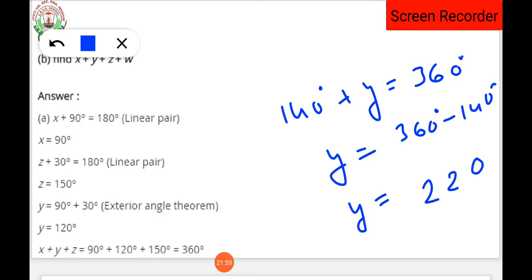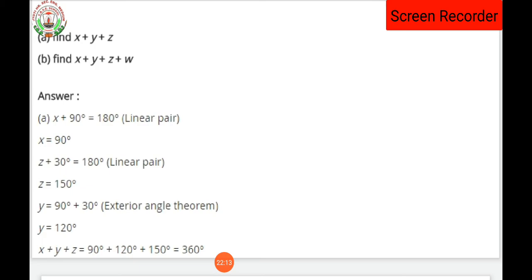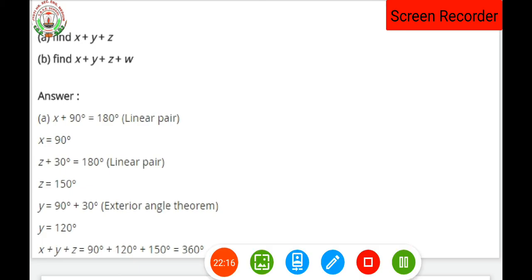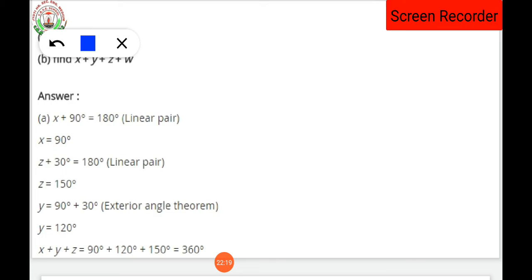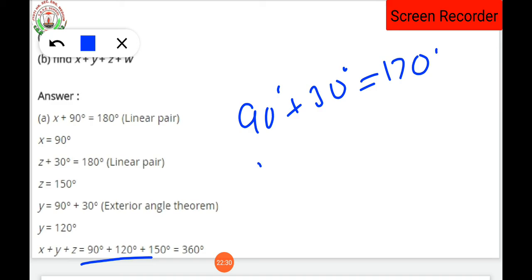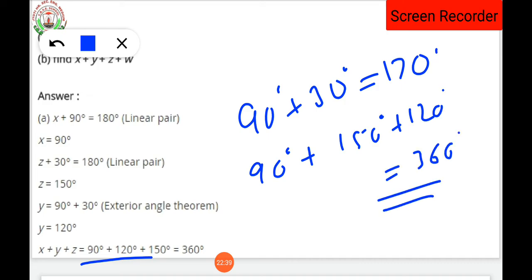Okay, but dear student, here the angle is coming more than 140 when 80 is added. Yes, it is correct. So the angle will be 220. Clear everyone? Have you understood? Whatever the method I just explained to you, here there is somewhat of a difference. It is directly the exterior angle: 90 plus 30 is being added, and that becomes 120. So 90 plus 150 plus 120 is equal to 360 is being done over here. Clear?